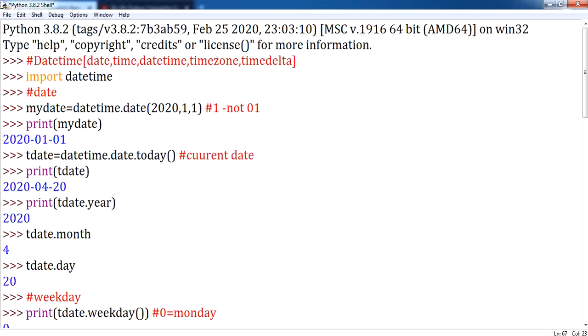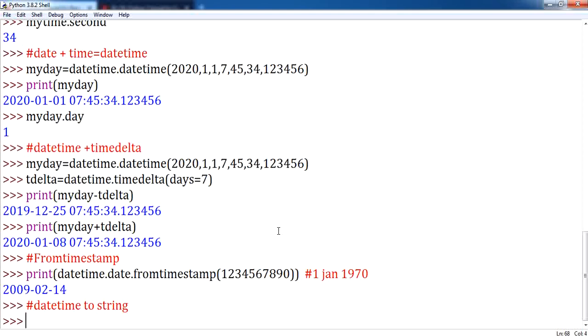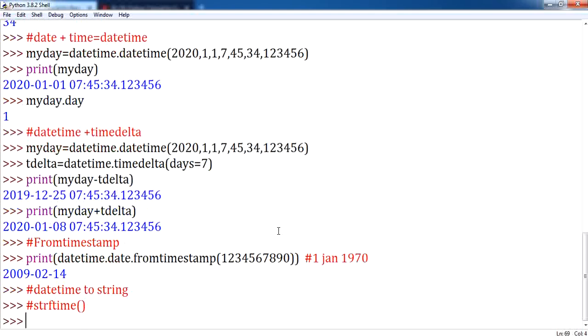In this video, we are going to learn about the datetime module. In the previous video, we learned how to access date separately, time separately, and how to access date and time all together, and how to do basic manipulation such as finding the difference between two dates and the difference between two days by using timedelta. This video is a continuation of the previous video, where we are going to convert the given time to string format. This conversion of a given time to string format is done by using the method called strftime. Let us go ahead with the implementation of it.